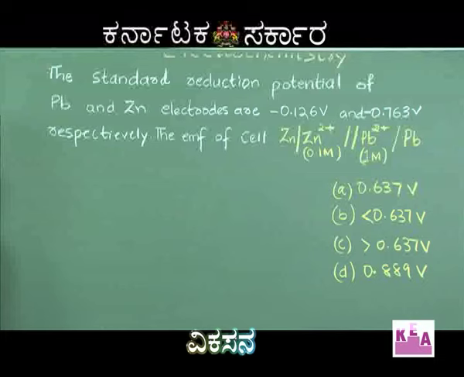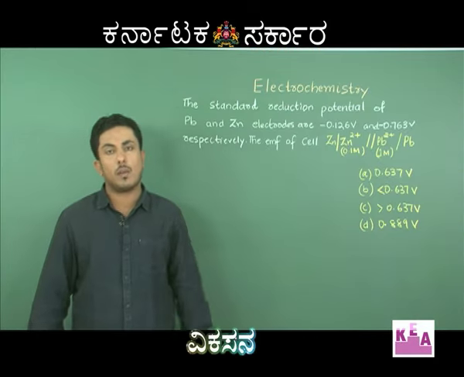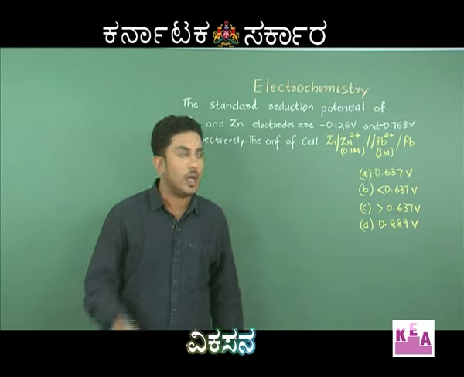The next question is, the standard reduction potentials of lead and zinc electrodes are minus 0.126 volt and minus 0.763 volt respectively. The EMF of the cell representation is given, the concentration of the ions is given. Options are option A 0.637 volt, option B less than 0.637 volt, option C greater than 0.637 volt, and option D 0.889 volt. Since concentrations are given, the EMF of the cell can be calculated using the Nernst equation, and the Nernst equation is